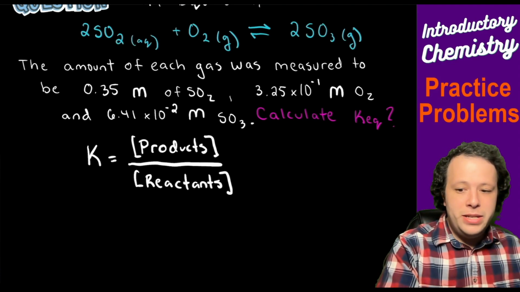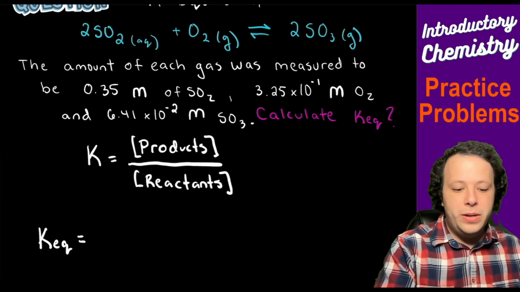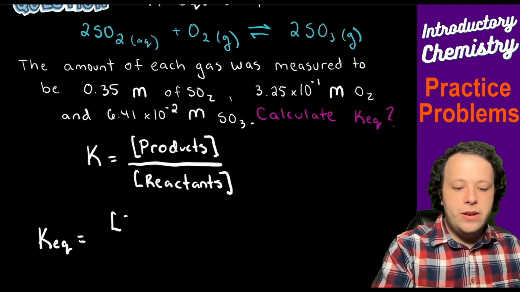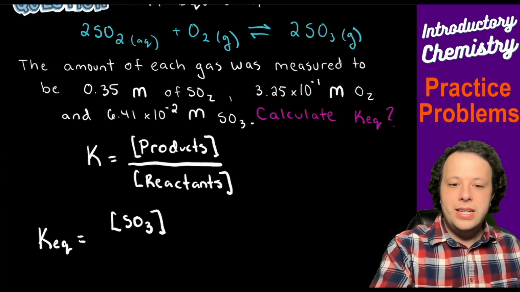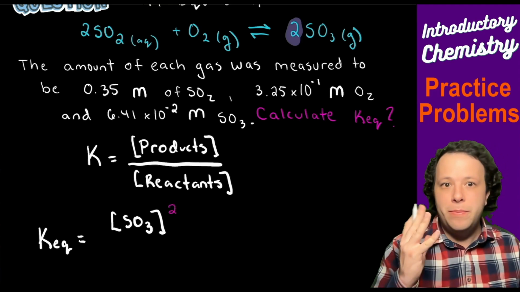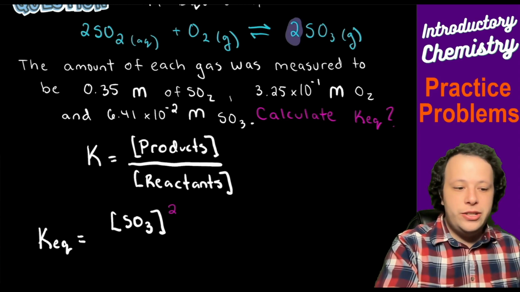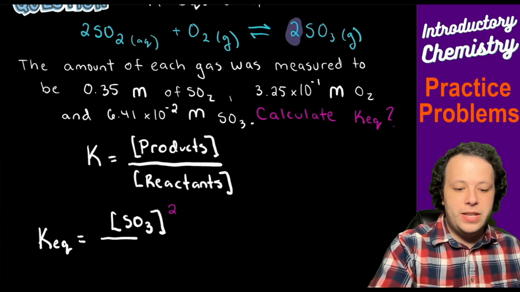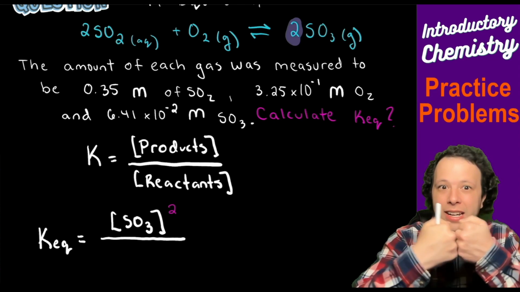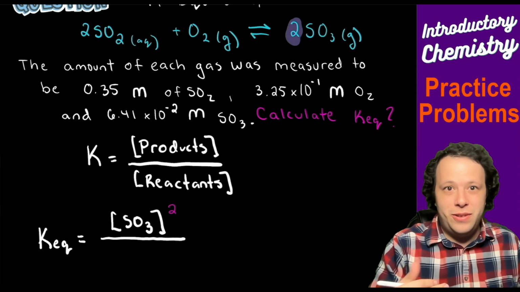If I'm interested in doing the KEQ for this problem, well, we have our products, which is sulfur trioxide, SO3. For that one, you may notice that it has a coefficient of 2. So we are going to raise this to the power of 2 to illustrate that it has that coefficient. That's going to essentially square its potential of colliding with other SO2s in this reaction.